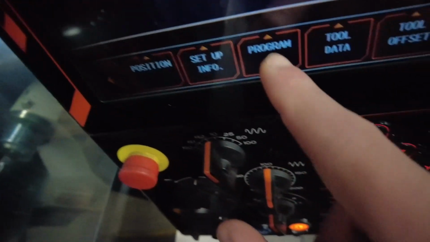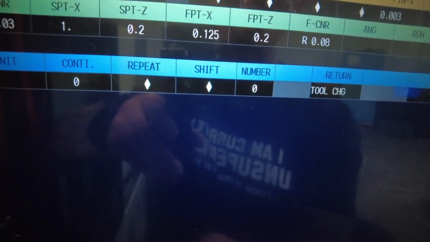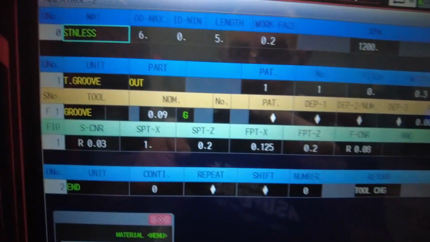Okay, soft key, program, toolpath. I'm gonna hit the part, and now we have a radius. So I'm gonna do shape erase. I'm gonna hit a part again, and now it's not overlaying, it's showing exactly the part. Let me see if I can run it, and it's showing you exactly how it's gonna run. So this is if your corners or radiuses are uniform. If you only have that corner radius on one side,